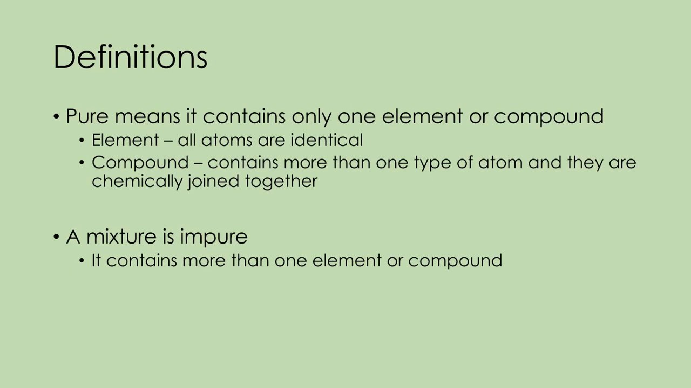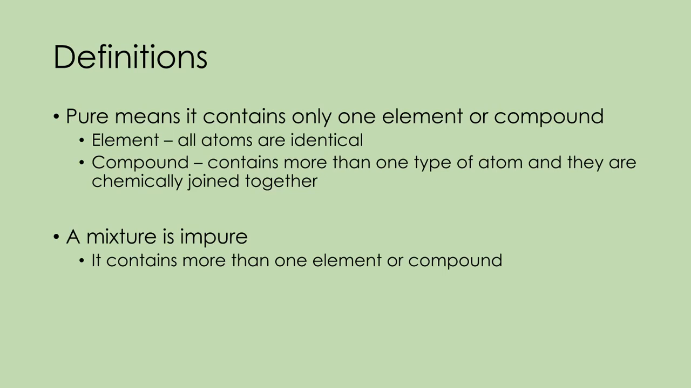So first of all, our definitions. When we talk about pure in everyday life, sometimes we talk about pure orange juice, for example, and we mean that it doesn't contain anything man-made. In science, when we talk about pure, we mean that it only contains one element or compound. So orange juice, for example, would not be pure in a scientific sense because it's not just one element or